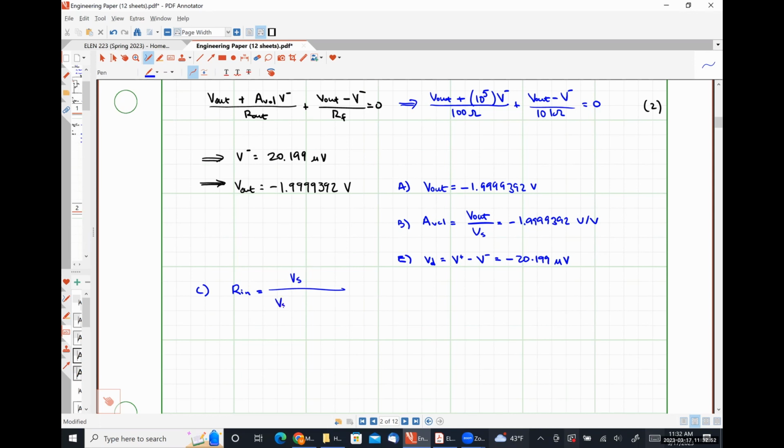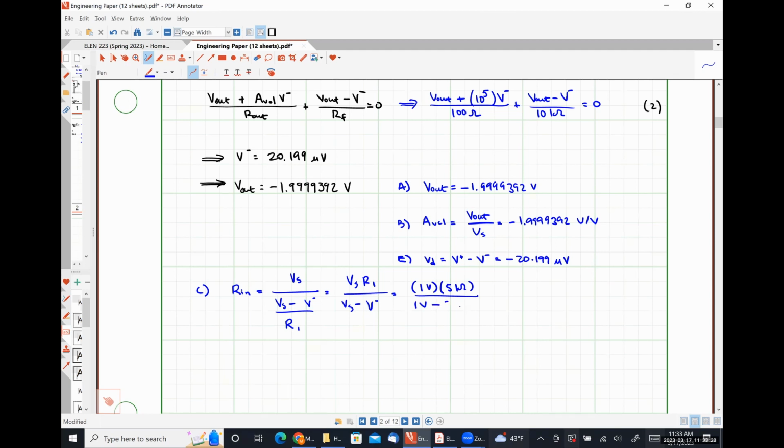This is going to be Vs minus V minus divided by R1, which is the same thing as, that doesn't look like a 1, that looks like an L, my apologies, which is the same thing as Vs times R1 over Vs minus V minus. So putting in numbers, 1 volt times 5 kiloohms divided by 1 volt